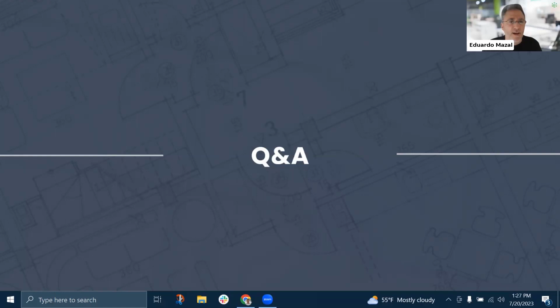Perfect. We have a couple more questions. Do we get a lot of mechanical contractors using this for BIM? Repeat that question. Yeah, if we get mechanical contractors using Project Lead Finder for BIM work.